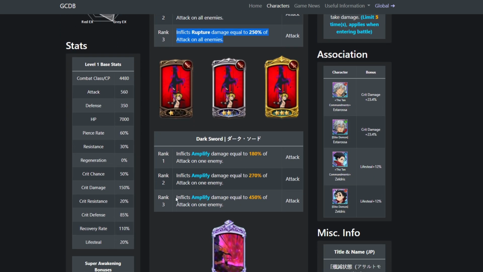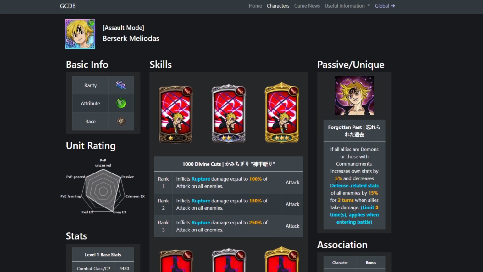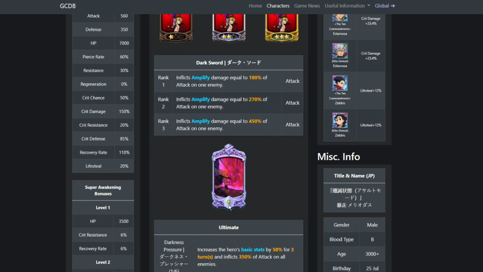For the second skill, it's going to inflict amplified damage equal to 450% of attack on one enemy. And amplify actually coincides with his passive, because he's going to be getting the 5% to all stats, and that's actually a blue buff that goes on Assault Mode Meliotis. So if you don't know what Amplify is, it's damage dealt 30% per active buff on self. So the more buffs you have on Assault Mode Meliotis,